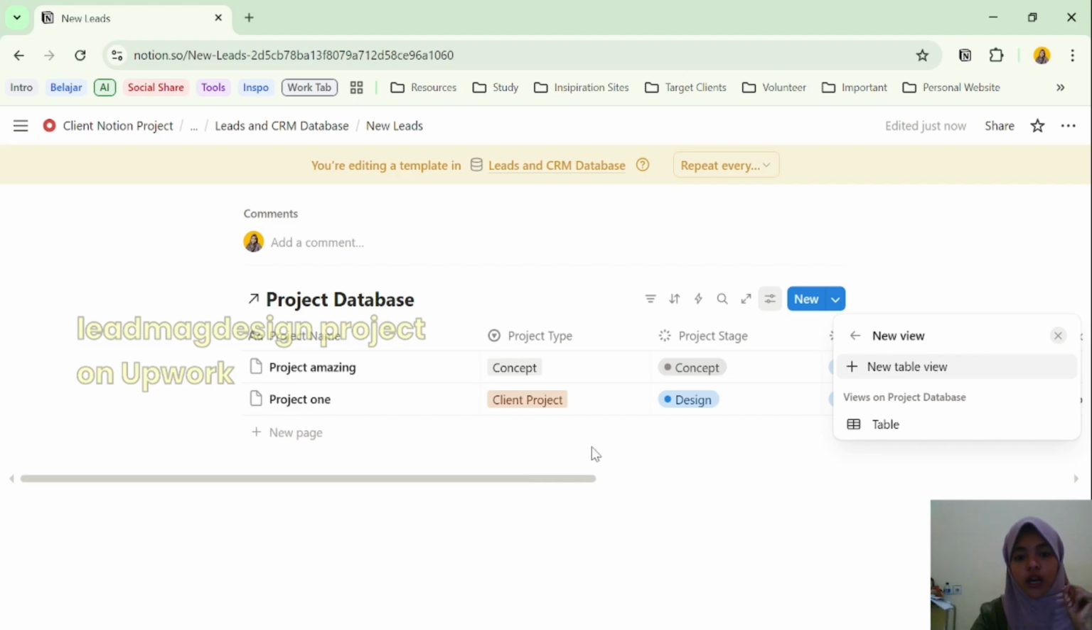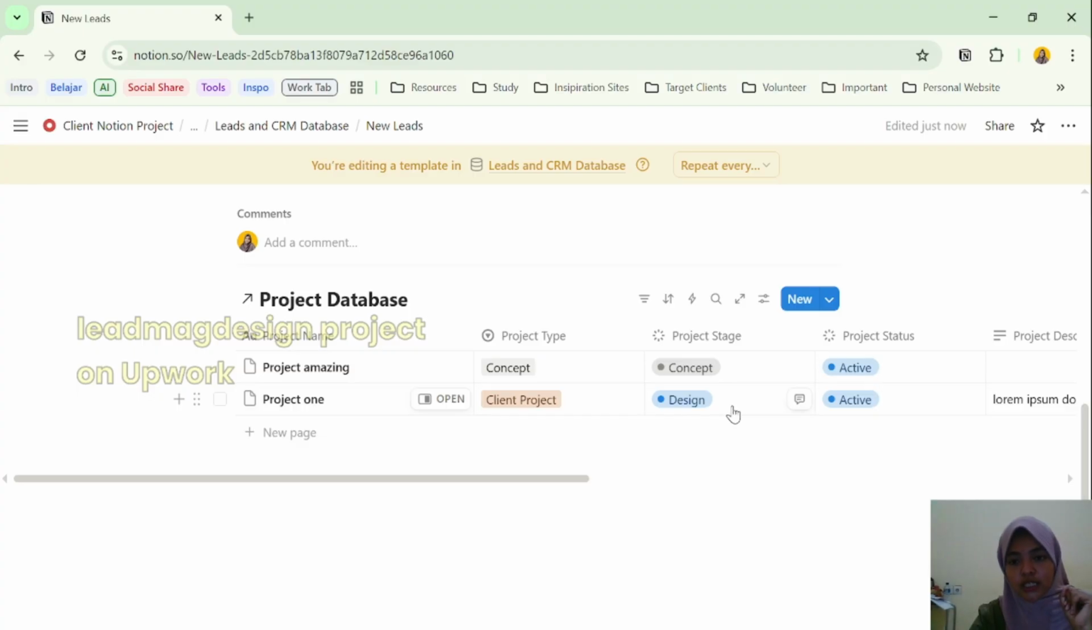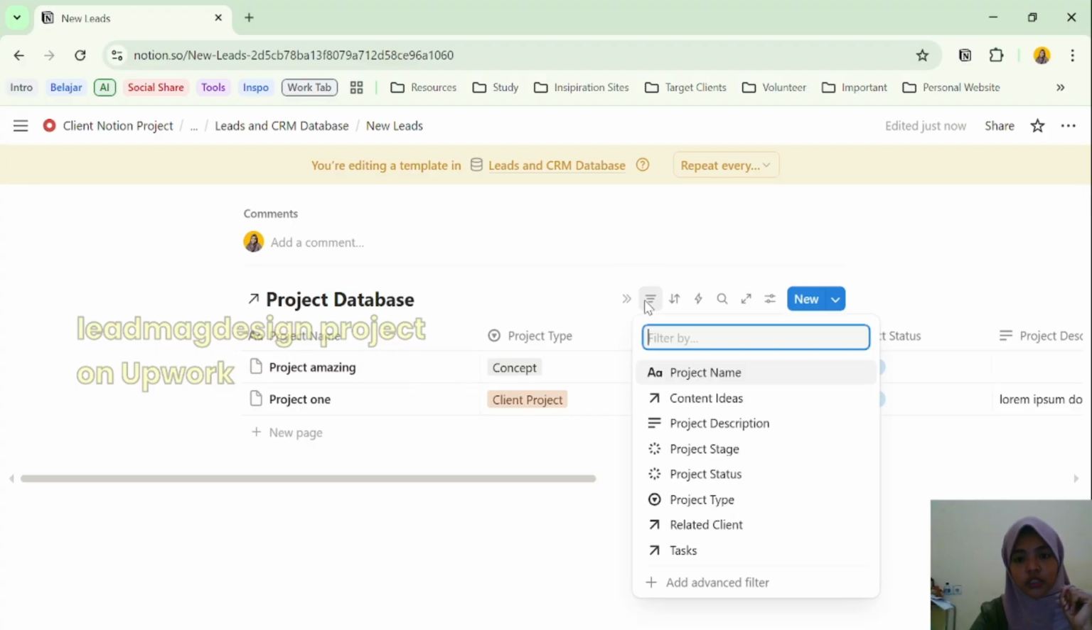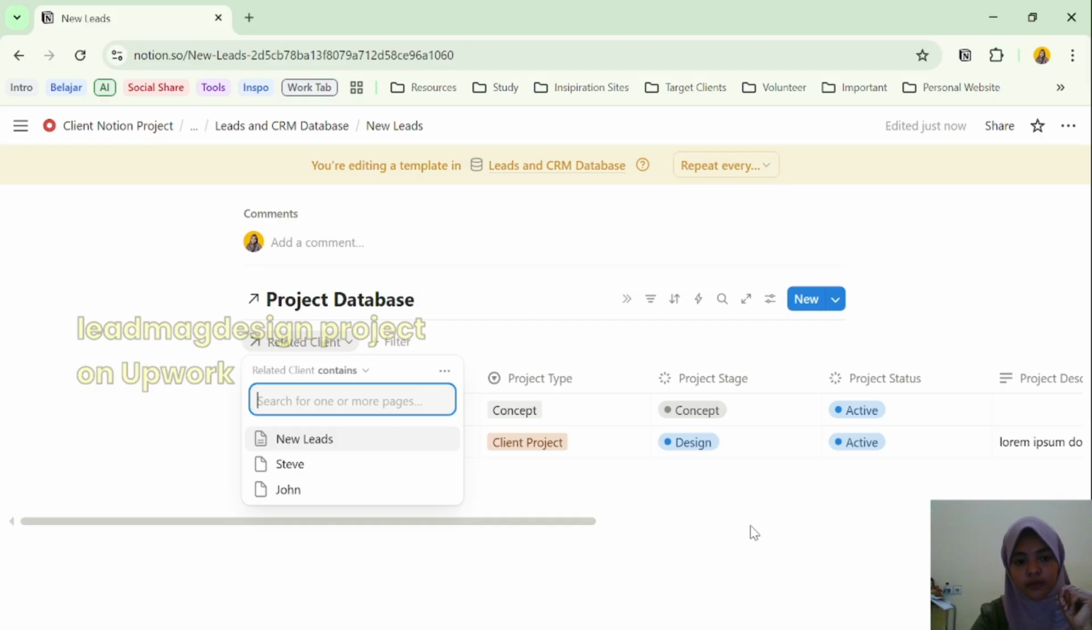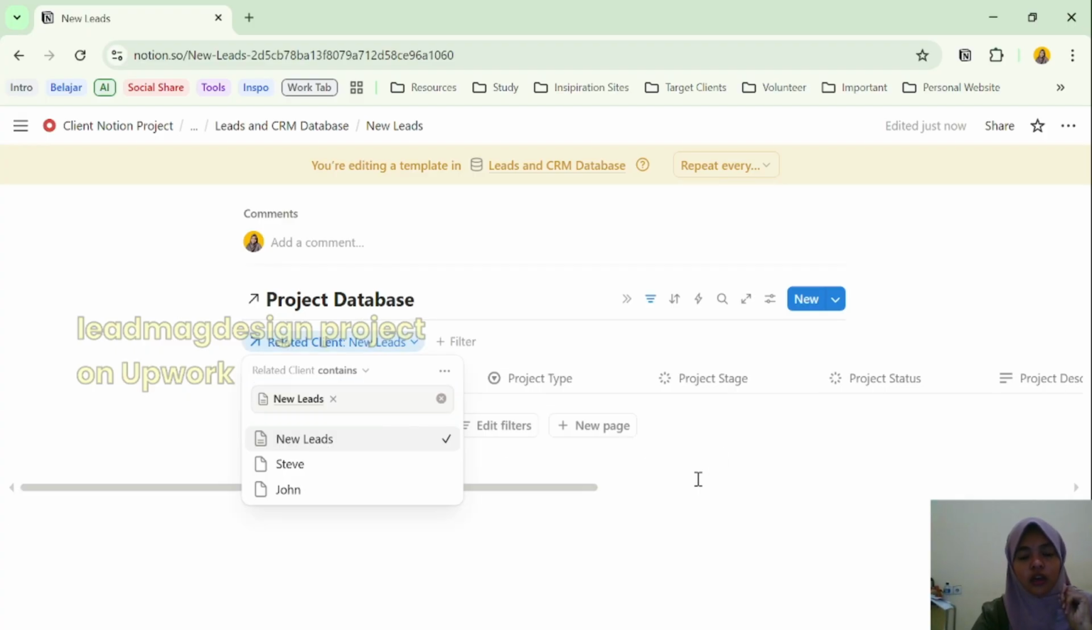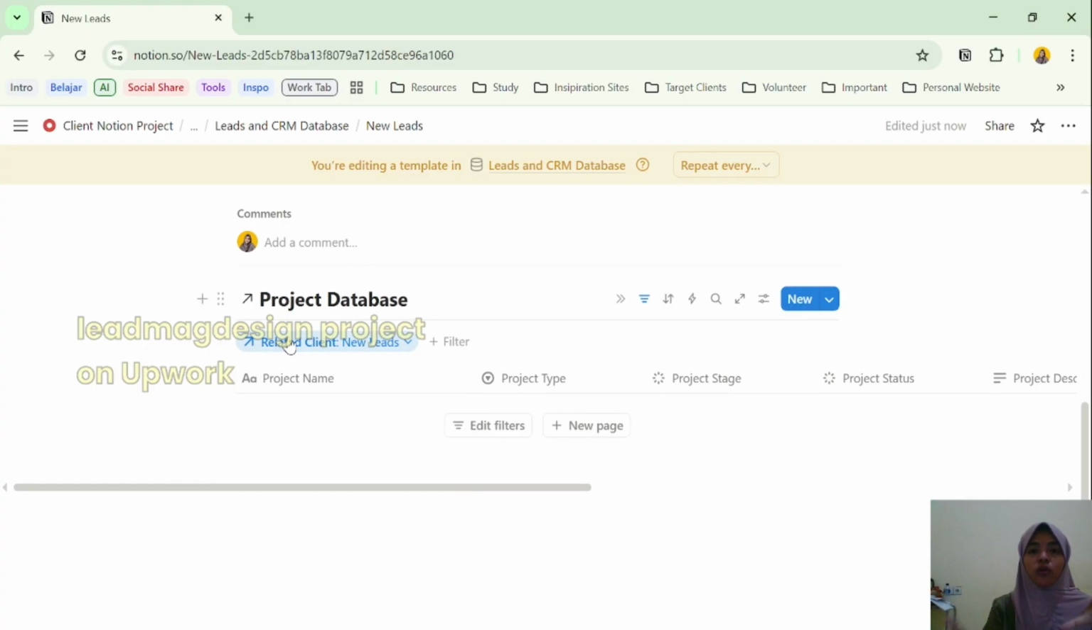Now what I'm going to show you is that you need to click this filter and then choose the related client property. You're not going to choose Steve, neither John, but you're going to choose new leads, and it's going to remove all the data because apparently you haven't created any project with the client name new leads, or whatever you're going to name this client. Now